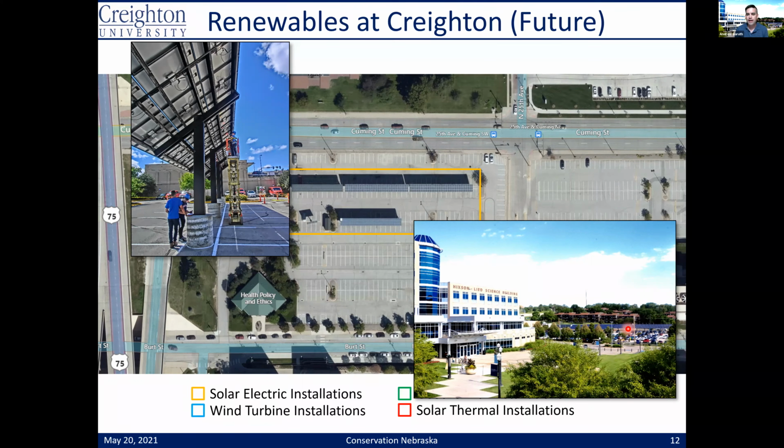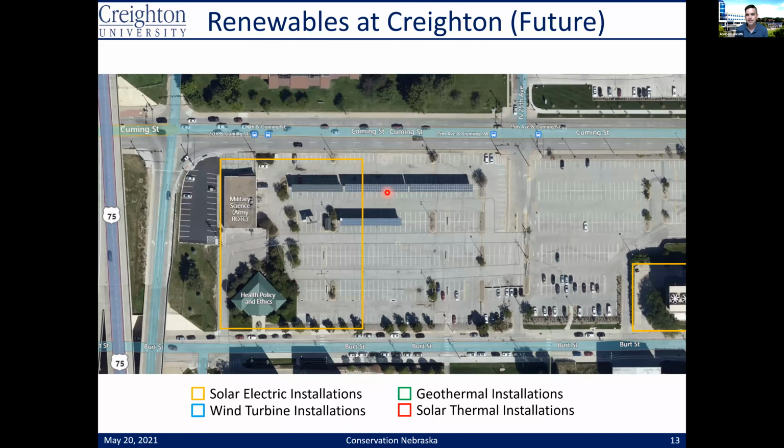And so we have some future moves that we're going to be doing over the next year. We're actually going to be decommissioning this 85 kilowatt array, and we have 2 sites where we're going to divvy up these panels. And we actually have intentions to even increase the size of this array with some new panels. Like I said, costs have plummeted about 80% since we built this, and so it's a good time to also think about going solar.